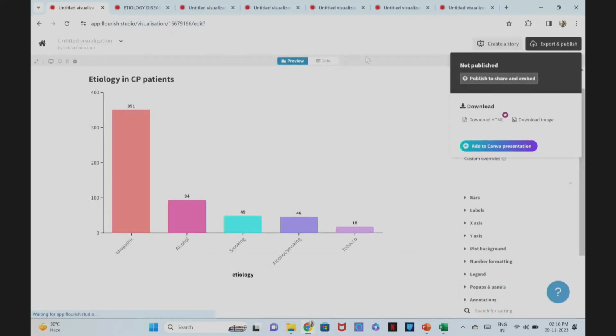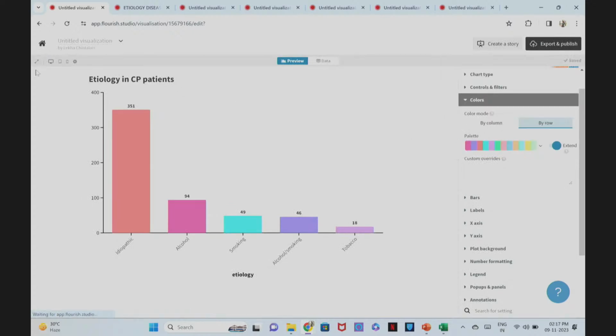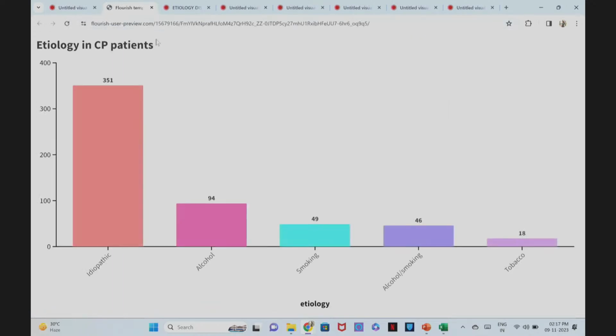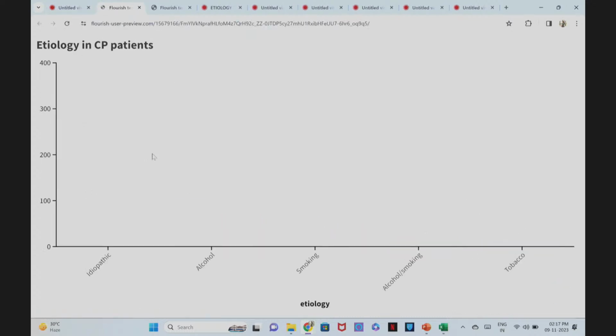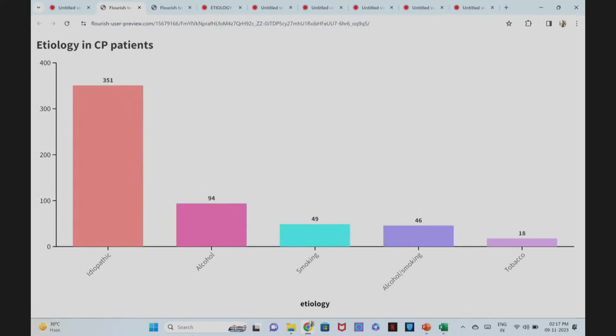But what if I want a preview? I want it to be animated. I want my presentation to be a little more animated. I want my graphs to move like this when they come up on the screen. What am I supposed to do? So this is the animation that I'm looking for. So when I go into my presentation, at least in this particular thing, I want the animation